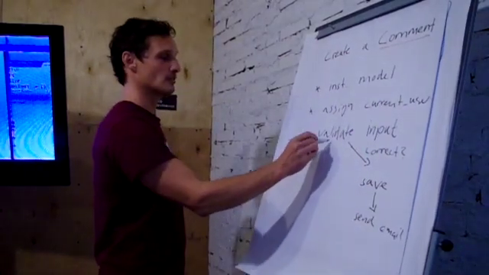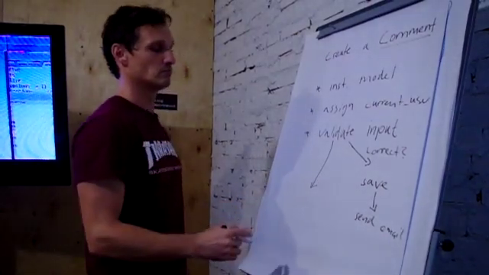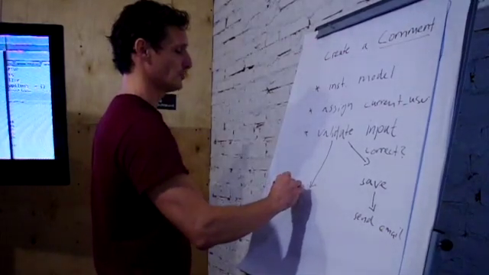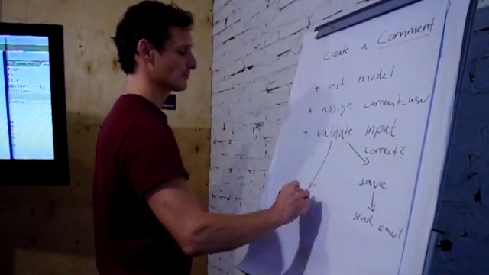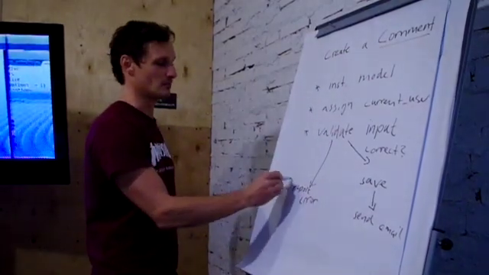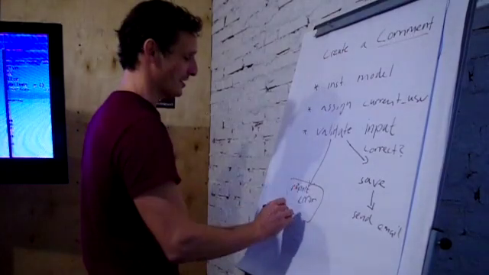And if the validation is wrong, what are we going to do? Report an error to the system. This is an unnecessary step I just add because we can. And then